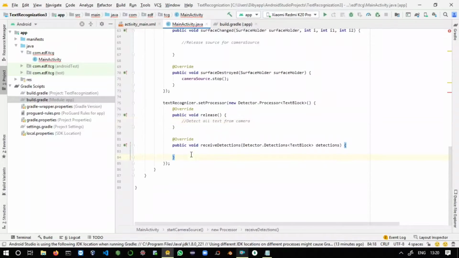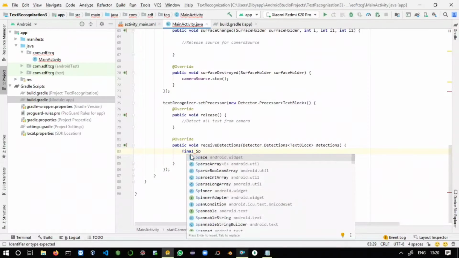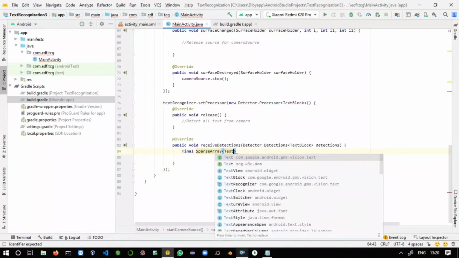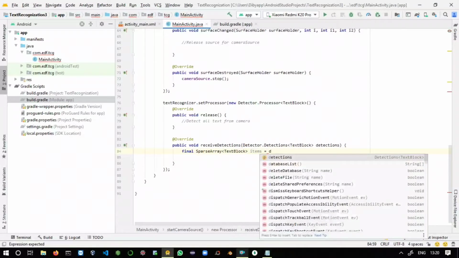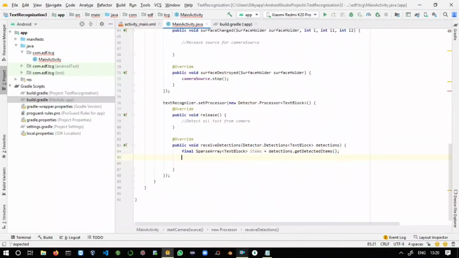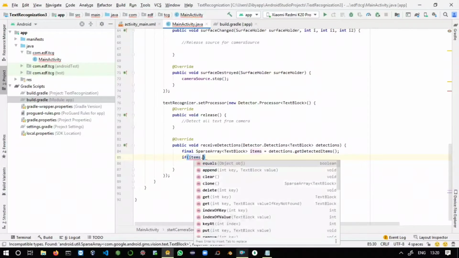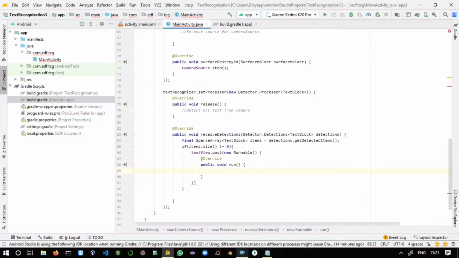After that, inside this method you can say final SparseArray of TextBlock type, name it items equals detections.getDetectedItems.